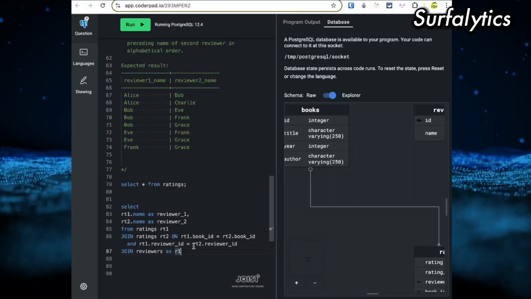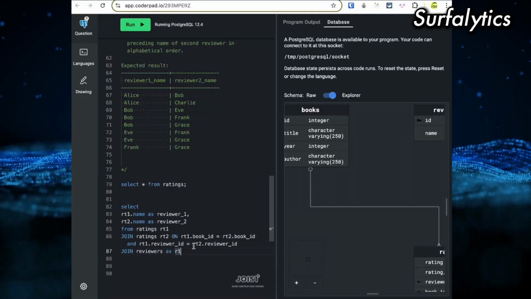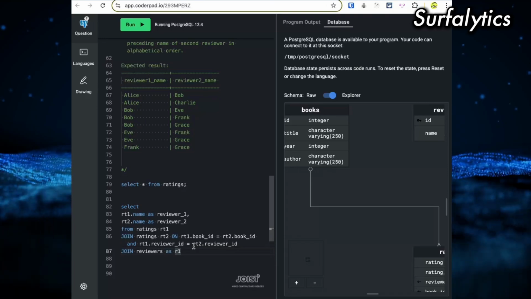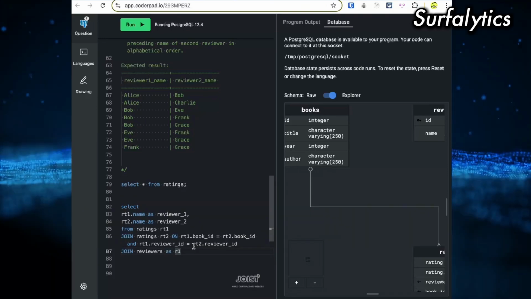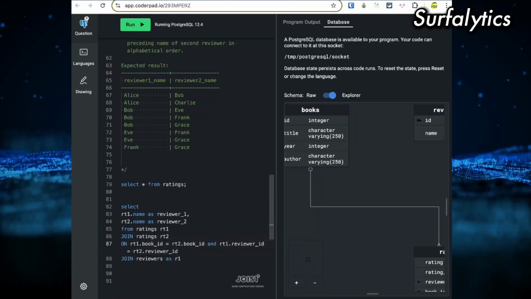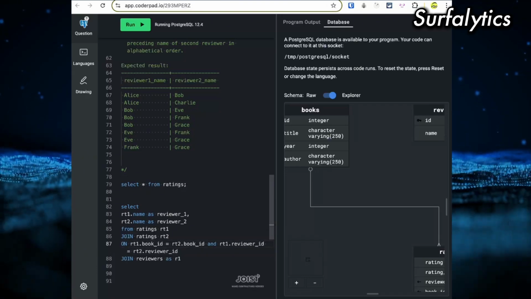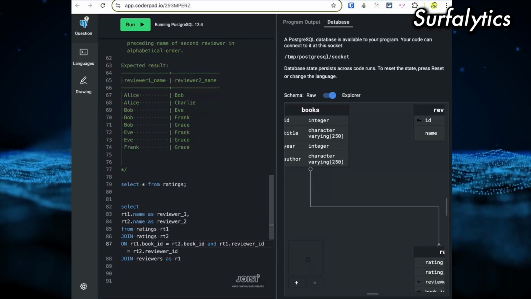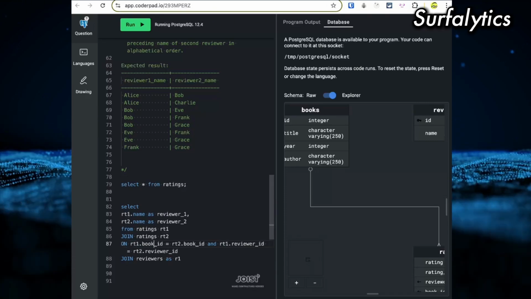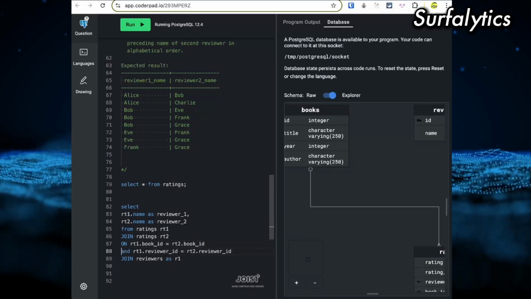So better to say, if ratings, I do the ratings, I do join for the rating too. I'm doing on book ID, R1 and R2 by book ID.